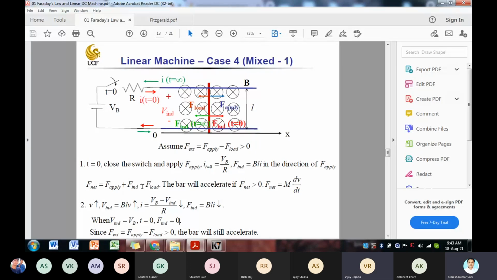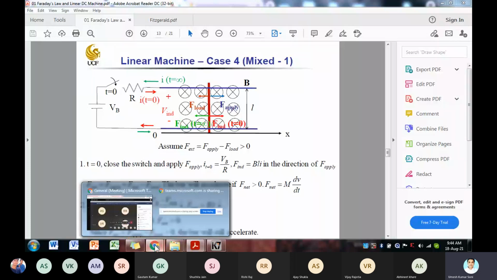F load minus F apply। ठीक है, इसके इक्वल हो जाएगा F induced। तो जब भी हमें दोनों लोड पता है, F load और F apply, तो हम F induced निकाल सकते हैं, उससे हम करंट निकाल सकते हैं। और जब भी करंट निकलेगी तो हम इस इक्वेशन से इंड्यूस्ड वोल्टेज निकाल सकते हैं। और जब भी इंड्यूस्ड वोल्टेज हम निकाल लेंगे तो BLV से हम उसकी वेलोसिटी, स्टेडी स्टेट वेलोसिटी निकाल सकते हैं। क्लियर है? तो हम इस चीज को, इस प्रोसेस को, जो इसका स्टेडी स्टेट कंडीशन है, इसको हम आपको समझाते हैं कि कैसे होता है।